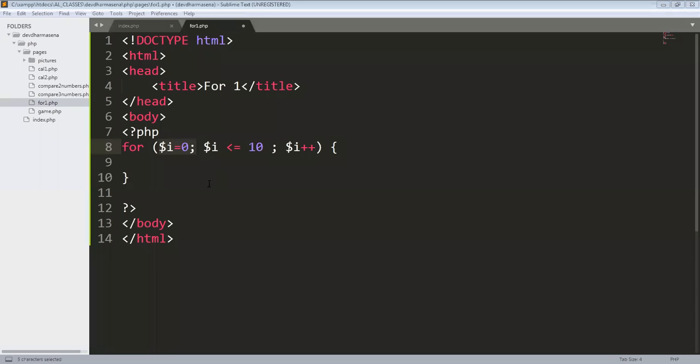Okay. Right. So then this is the initiator, right? Yes. So this is the comparator. So we will start with some numbers. The comparison is something like this: how the value of I is compared with the given value. So initially it is 0. What does it ask here? Whether the value of I is less than or equal to 10.